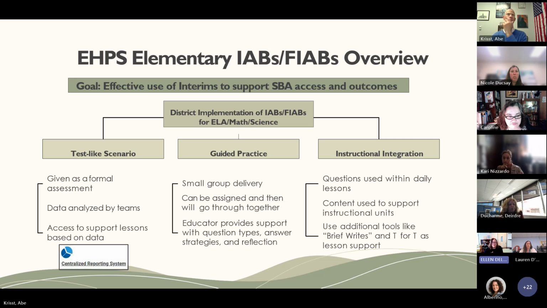So looking at this is kind of our overview of how we use IABs and FIABs within the district. We have test-like scenarios, guided practice, and instructional integration. And you see the little Centralized Reporting System icon underneath the test-like scenario. That's where that platform and integration is so powerful and helpful for us when we use the test-like scenarios for